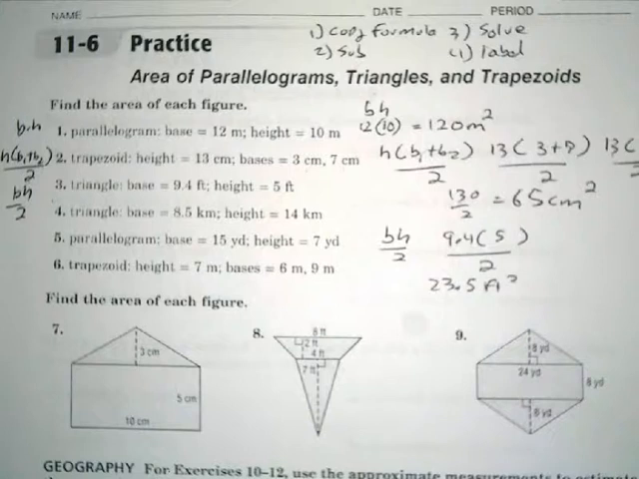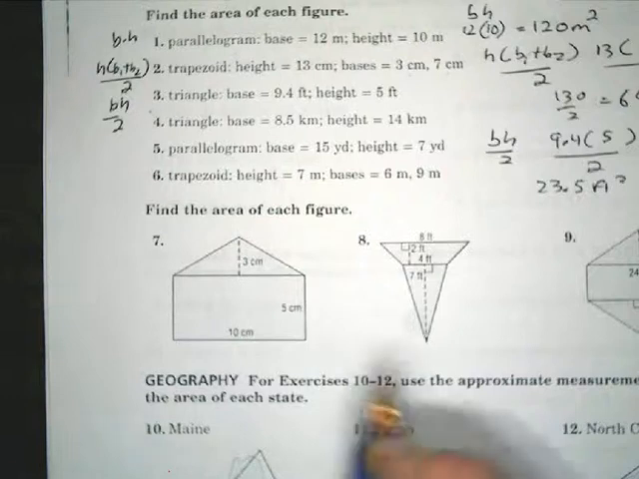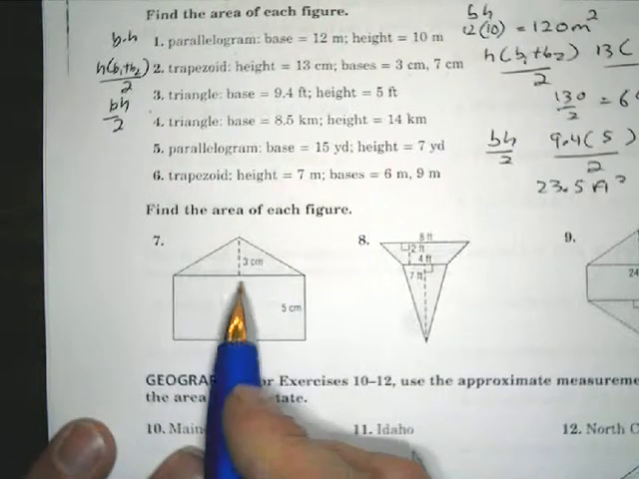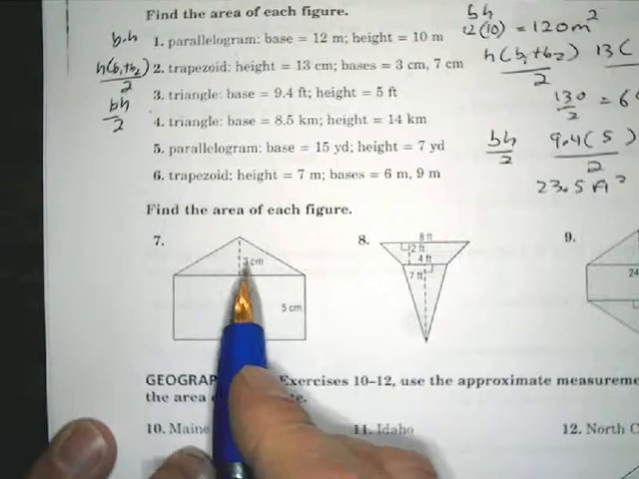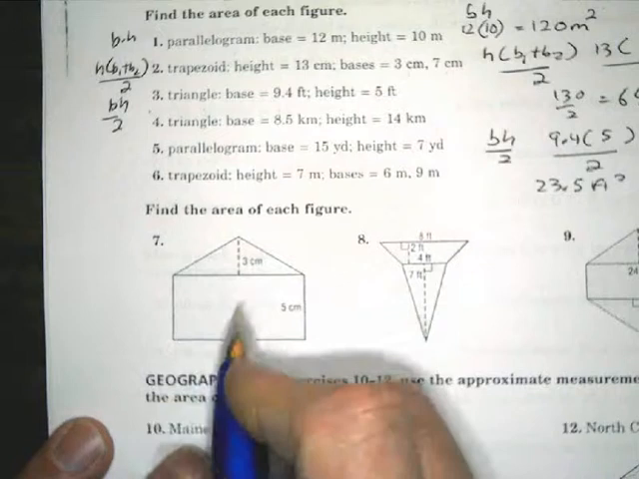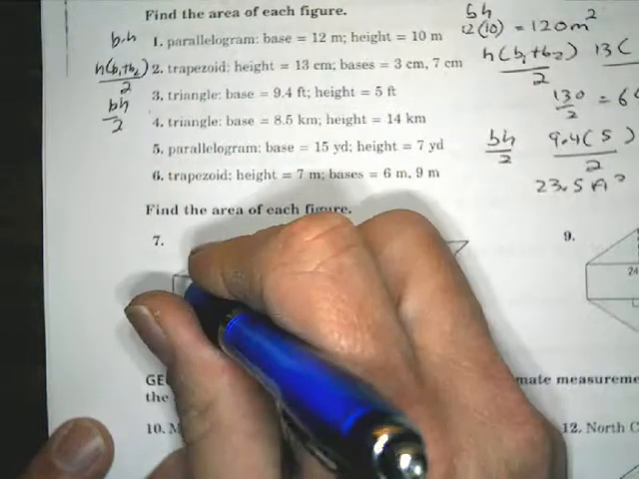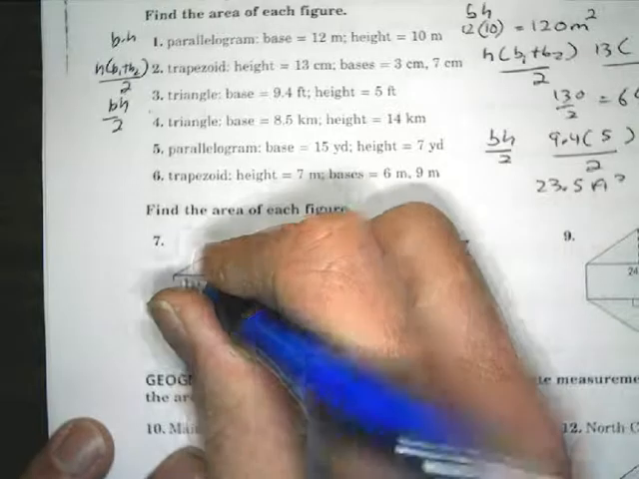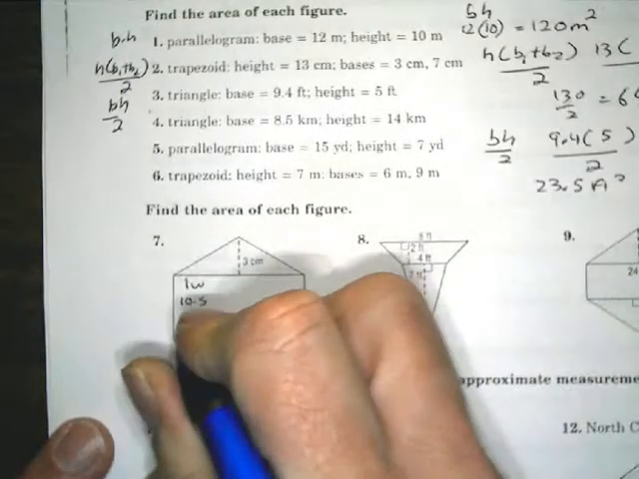Okay, the next part of this gets into finding area of irregular figures, or more than one figure put together. If we look at number 7, we can see at the bottom we have a rectangle, at the top we have a triangle. So we're going to have to find the area of both figures, then add them at the end. Our rectangle formula is length times width, so we will have 10 times 5, which gives us 50 centimeters